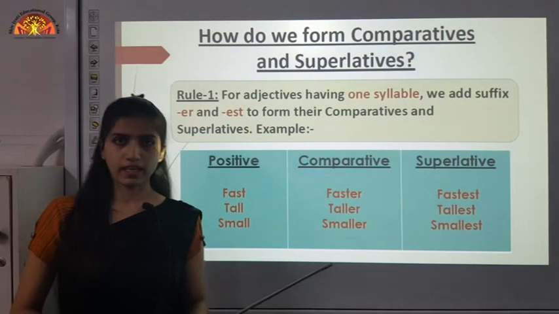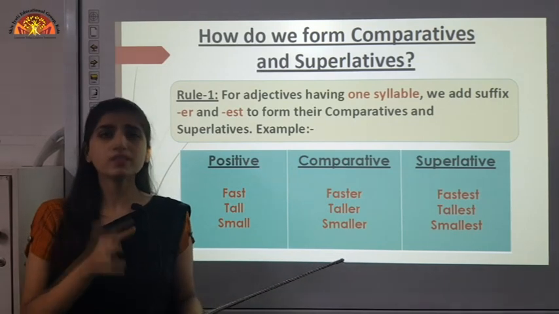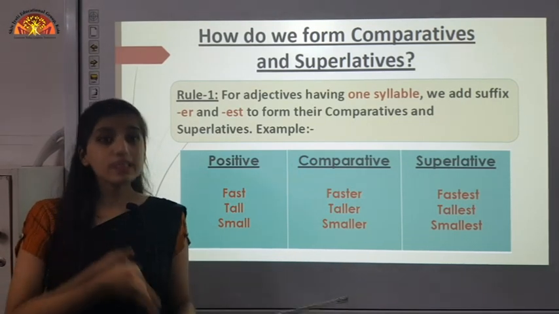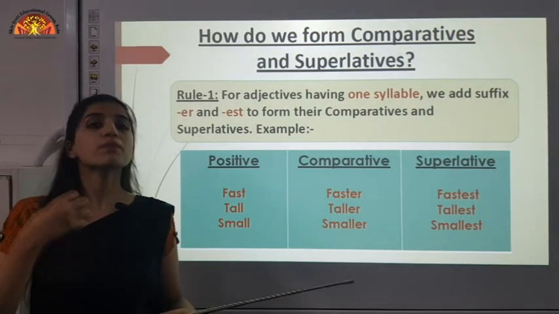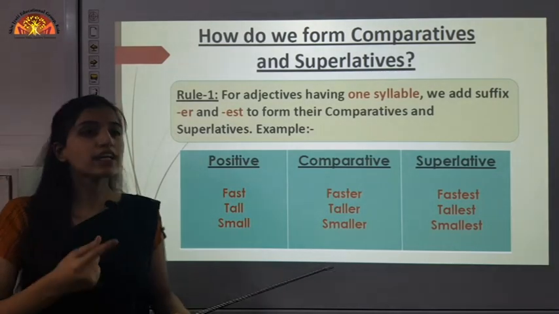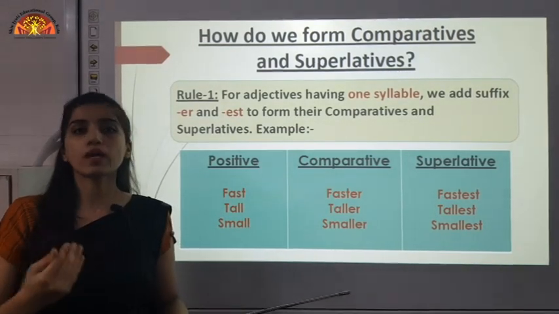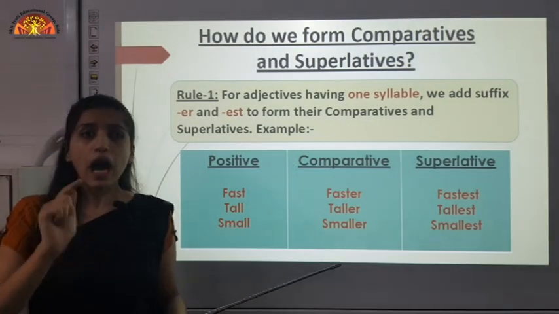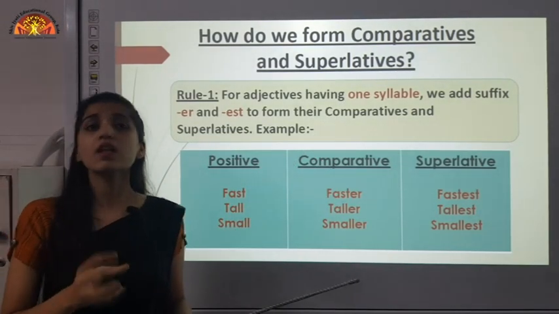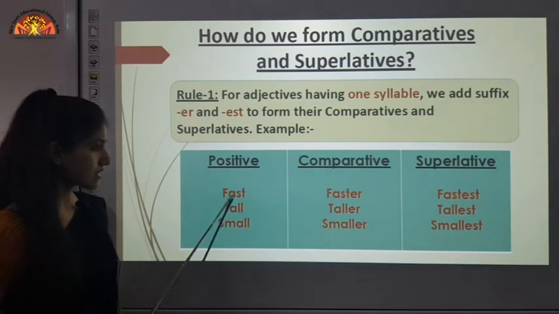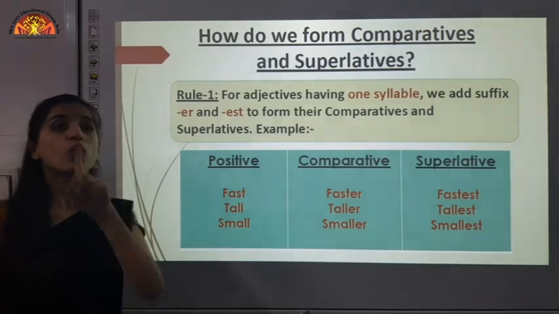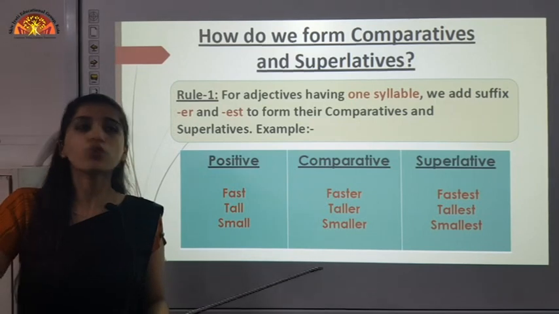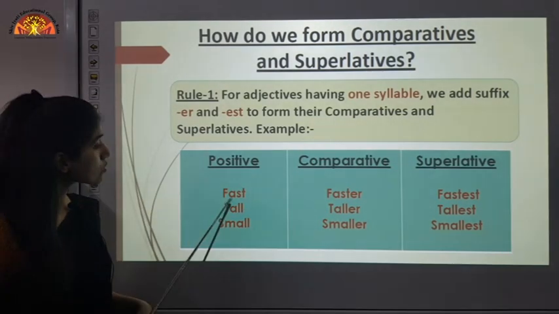Now, you must be thinking, what is this one syllable, or what does the word syllable mean? A syllable is the sound of a vowel coming from a word. If we get one vowel sound from a word, then it is a one-syllable word. How do we identify a one-syllable word? Let's look at this example: here the voice is fast. You can see there is only one vowel; A, E, I, O, U are the vowels, and there is only one vowel.